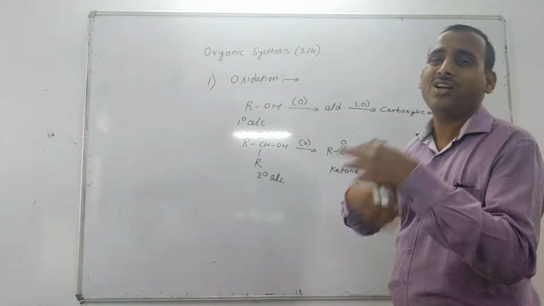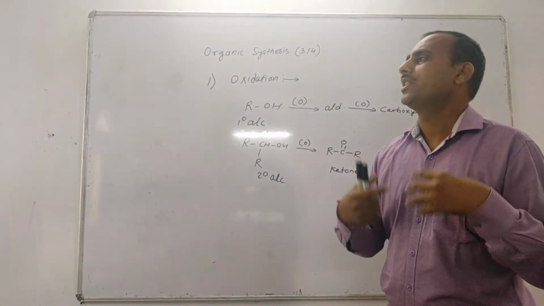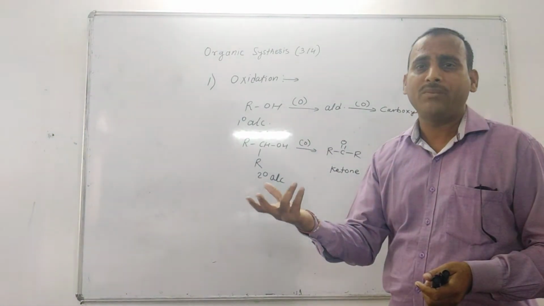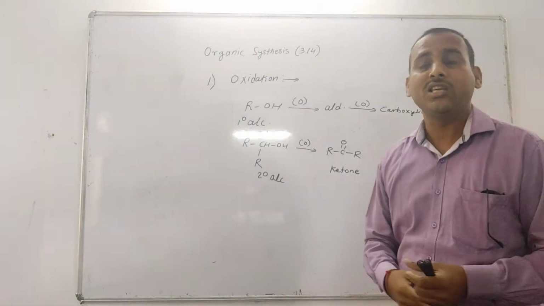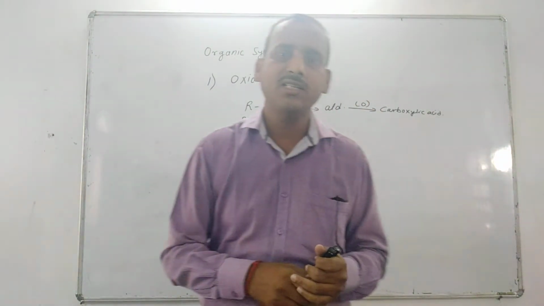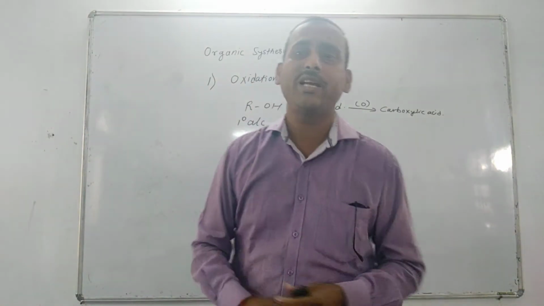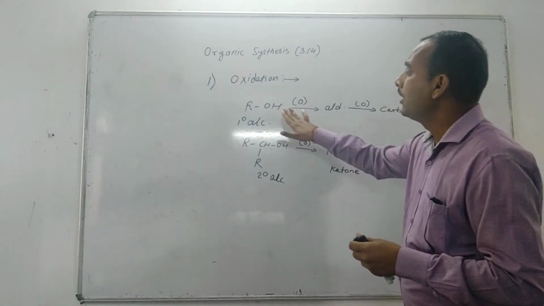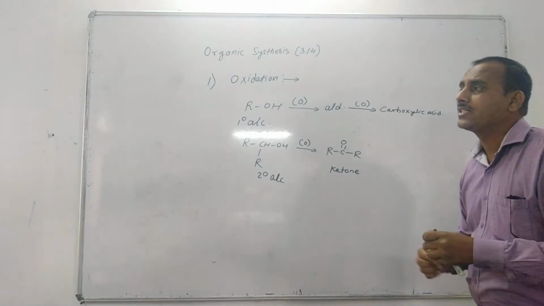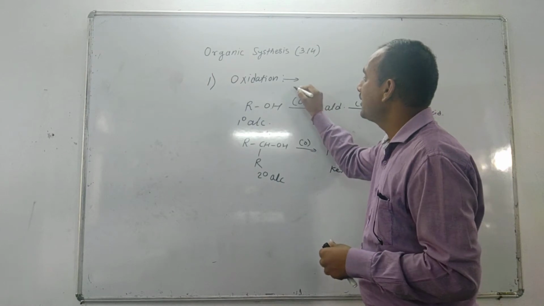Here we see the oxidizing agents one by one: Jones reagent, Swern oxidation, then Collins reagent, pyridinium chlorochromate PCC, PDC. All these are oxidizing agents. Some oxidizing agents are strong and some are mild. The strong oxidizing agents oxidize primary alcohol to aldehyde and further aldehyde to carboxylic acids. For example, the oxidizing agent such as